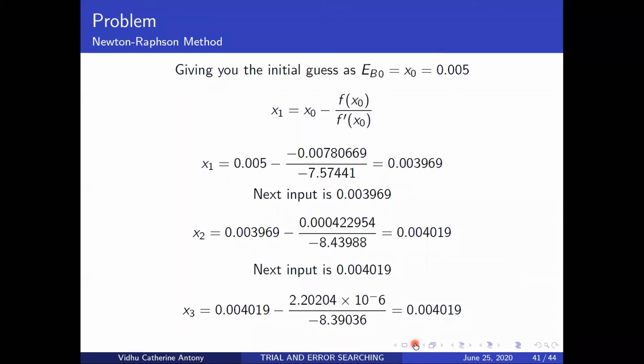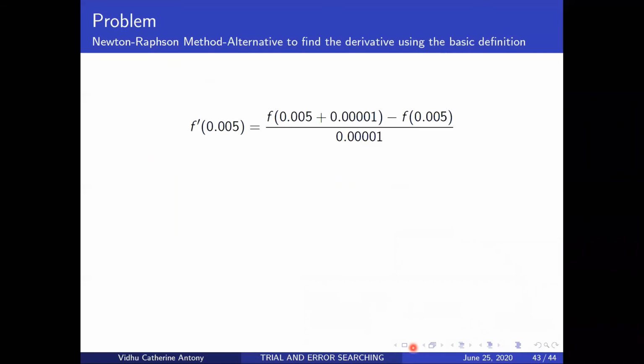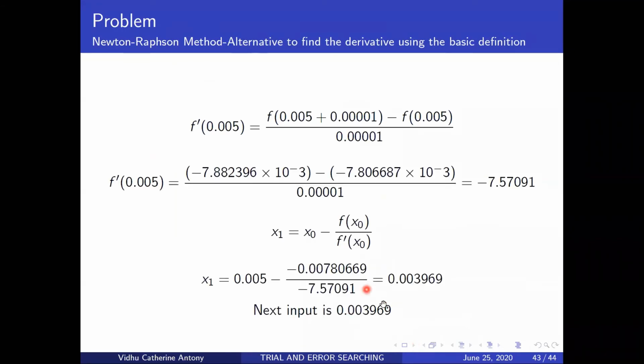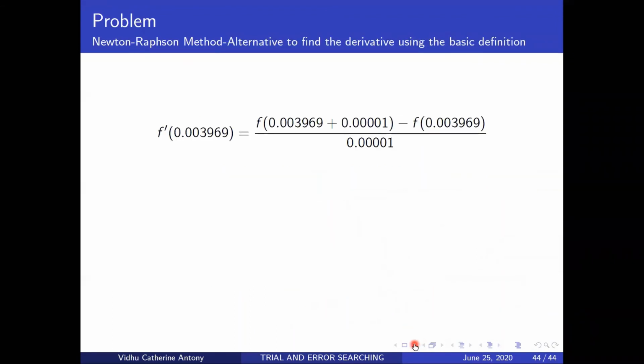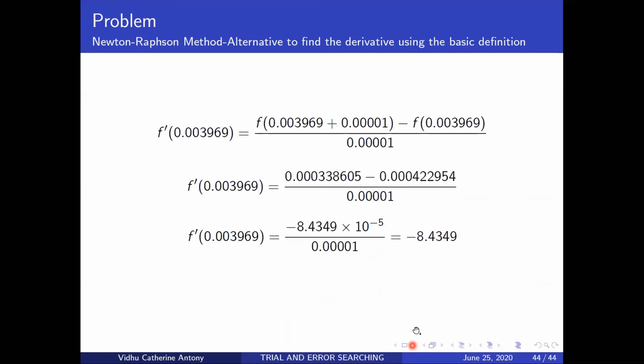So you move on to the next one. You take your next input, which is 0.039, and you compute it. You can try doing this yourself. And you realize it's pretty close to the value that we got. Minus 8.5 is something that we got when we computed it with the explicit form of the derivative. When you use this technique, you get about minus 8.493. So that's pretty much it.